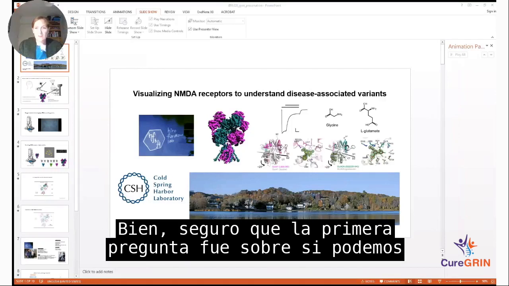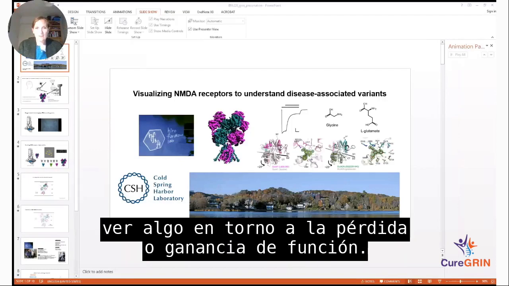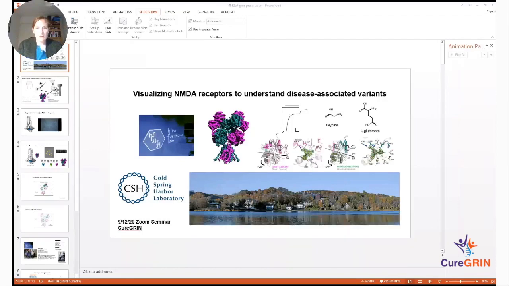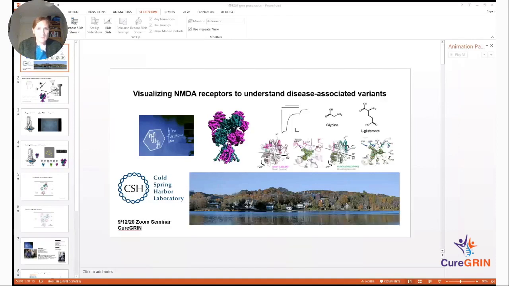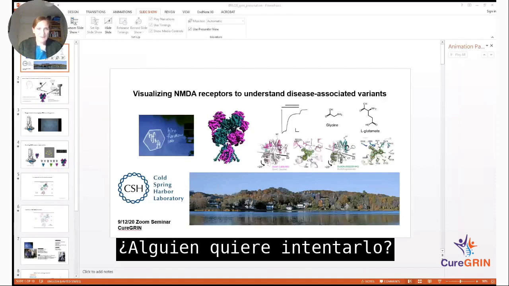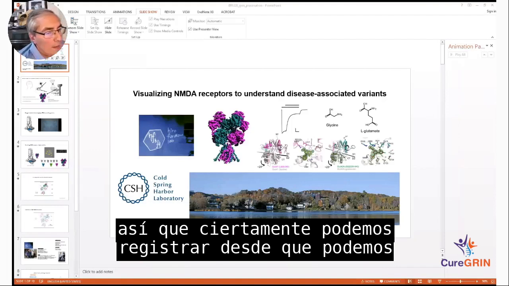Yeah, sure. The first question then was about whether we can see anything around loss or gain of function manifesting directly in NMDA receptors. Does anyone want to have a go at that? Yeah, so certainly